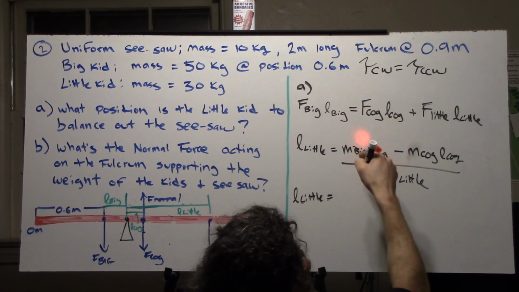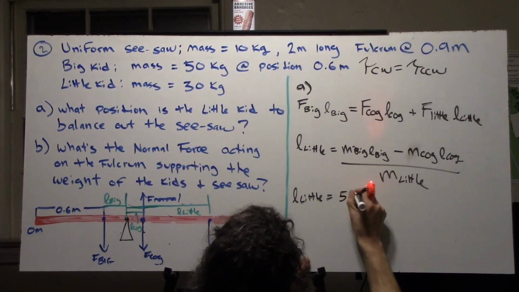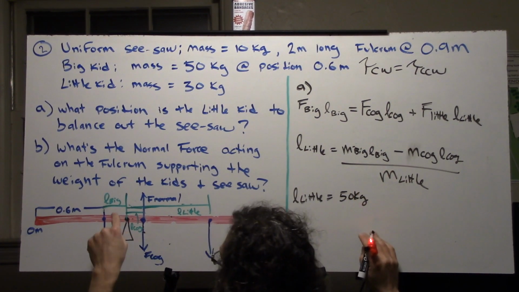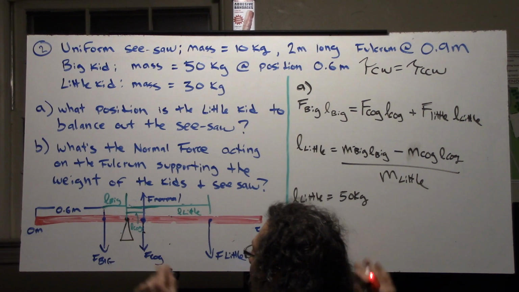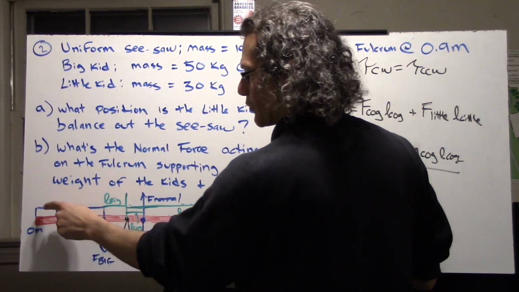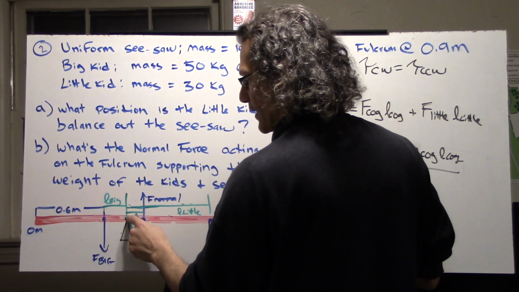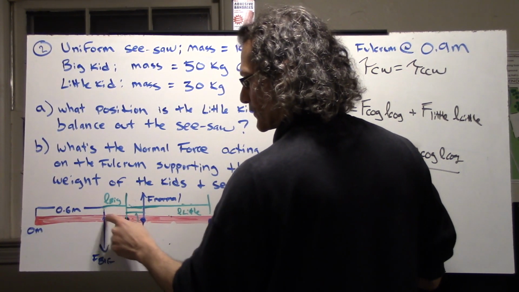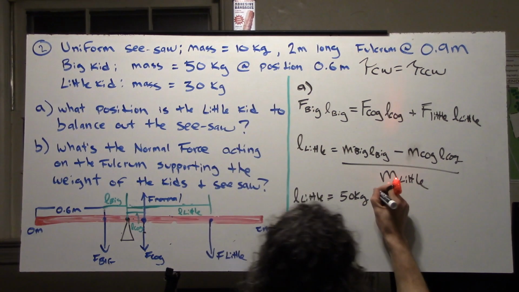So this equals, all right, we have M big, 50 kilograms. Lever arm distance is 0.3 away. How do we get 0.3? Once again, here is the fulcrum. The location is 0.6 meters away from this origin, and this lever arm distance here is 0.3. So we have 0.3 here,